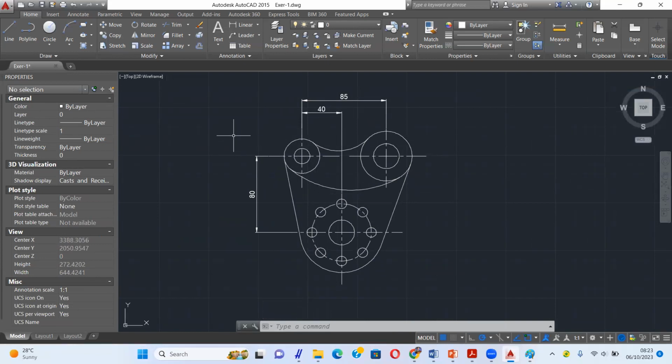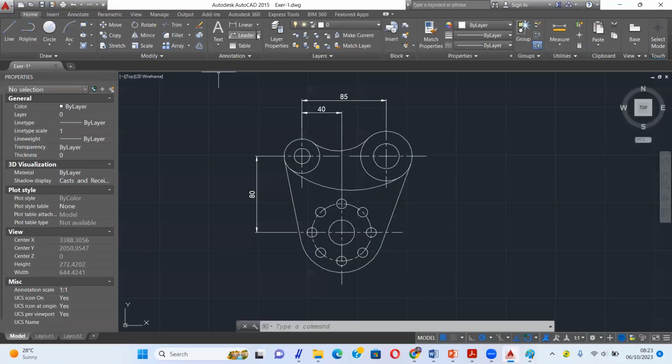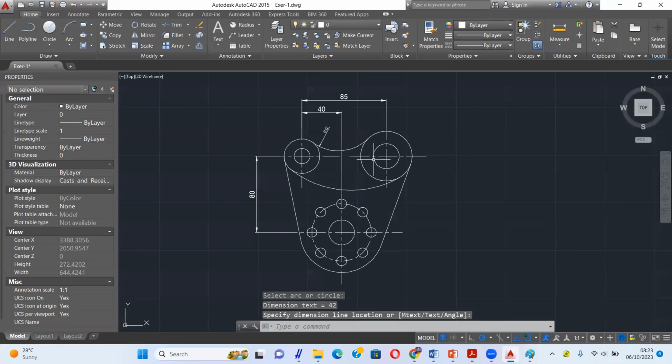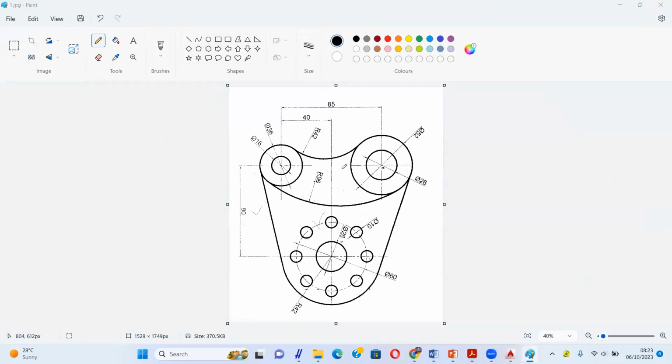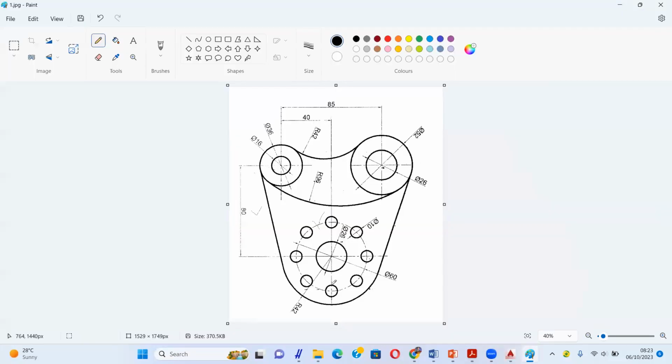Okay, then you continue to create a radius. This one is radius, dimension, and then radius. For example, this one, radius, and then this one. Just enter. And then this one.